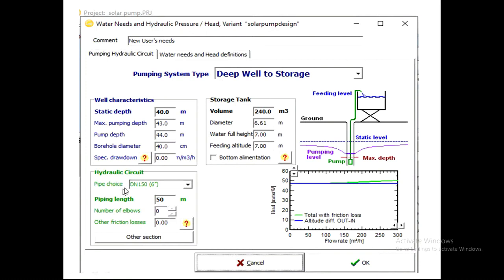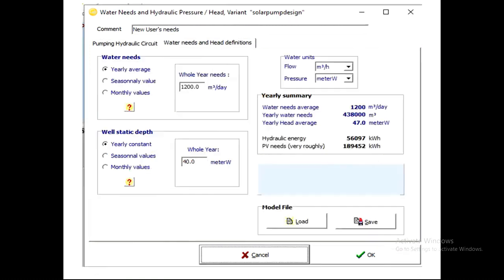Now this is the pipe diameter. So 6 inches is the pipe diameter, and this DN 150 is nothing but diameter normal. DN means diameter normal, of 6 inches, and we have chosen the length 50 meters. Like that you have to enter. So here you can take this reference, open each and every window, and enter the same values.